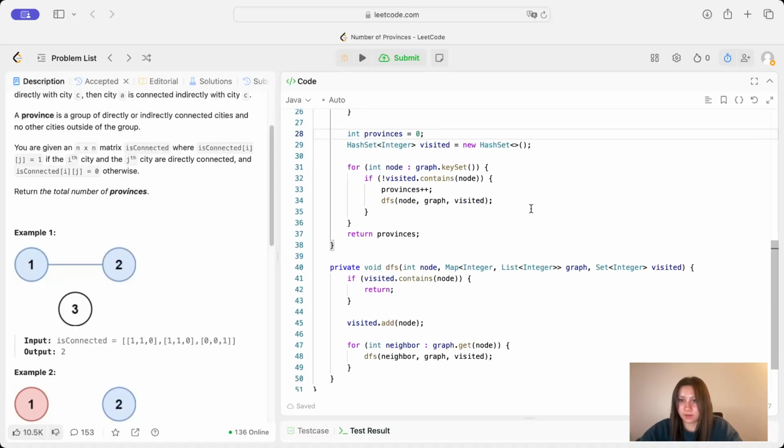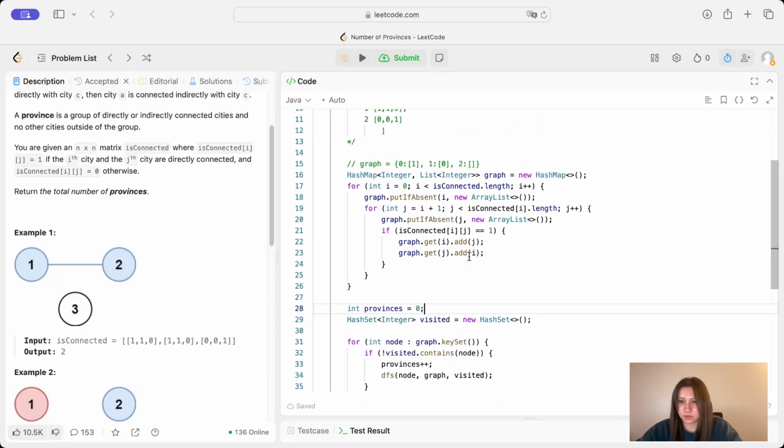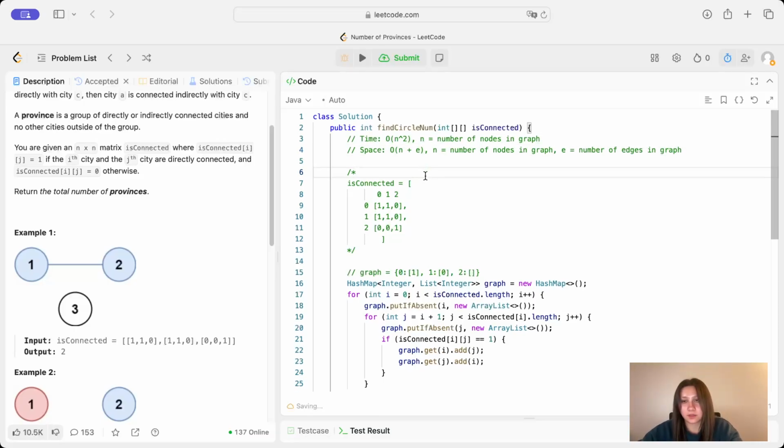And then, yeah, I think that's it for data structures. So it just simplifies down to O of n plus E, where n is the number of nodes in the graph, E is the number of edges in the graph,